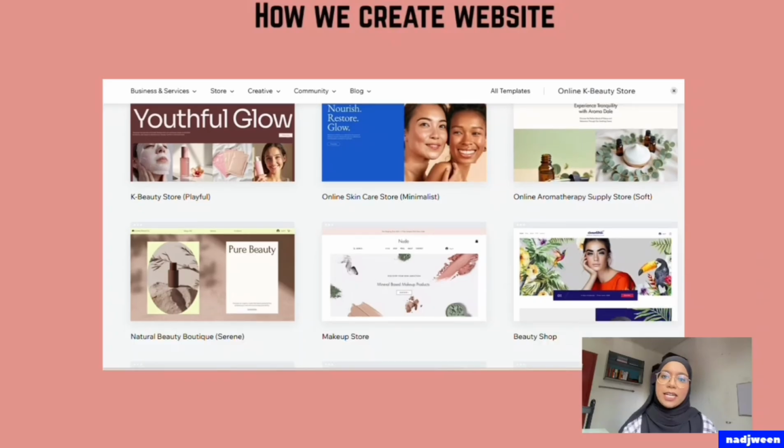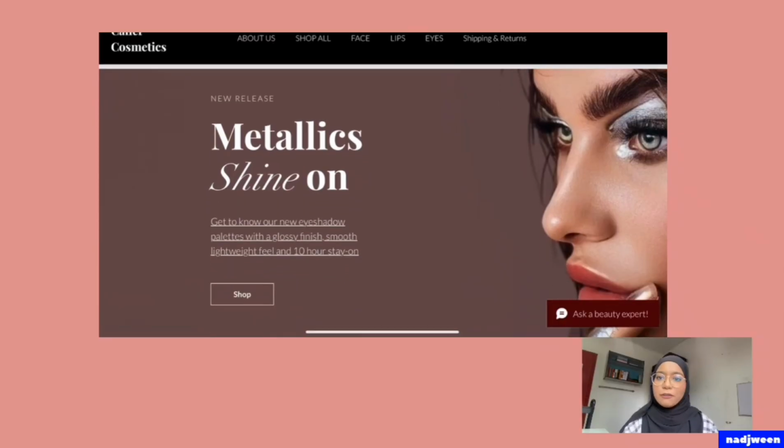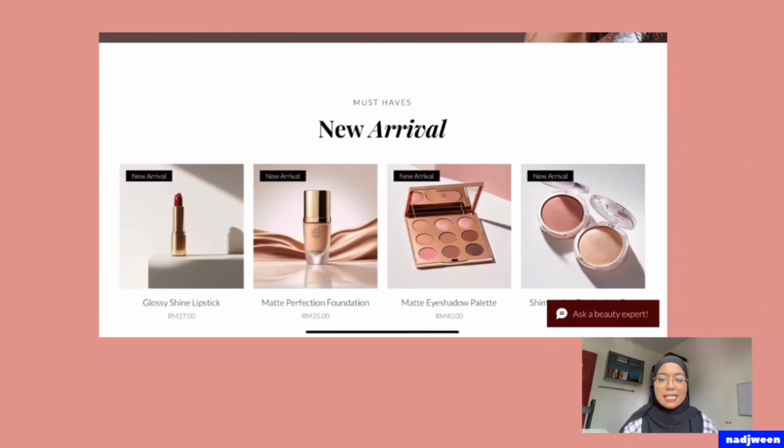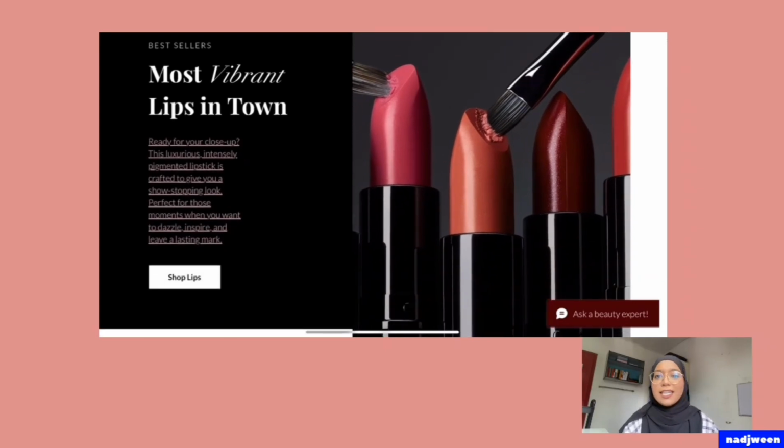The website was specifically designed for our online makeup business, Collier Cosmetics. We adopted a bold and feminine maroon theme design concept in our color schemes, typography, and layout to reflect our brand identity and resonate with our primary target market as female Gen Z consumers who value style, authenticity, and ease